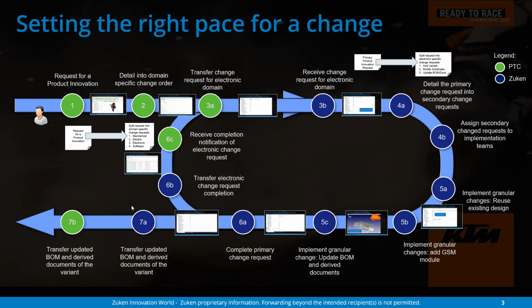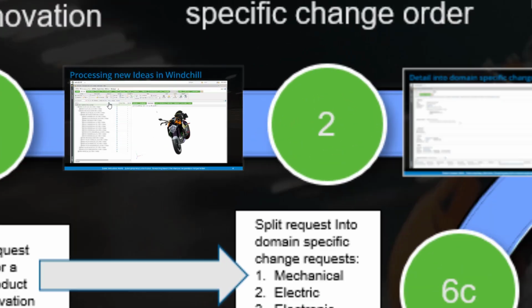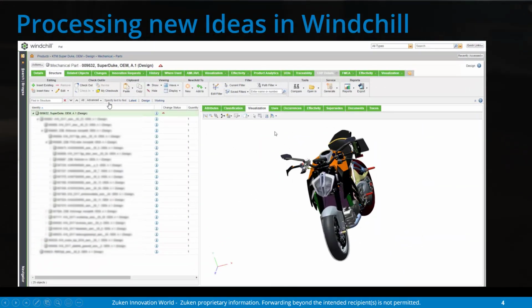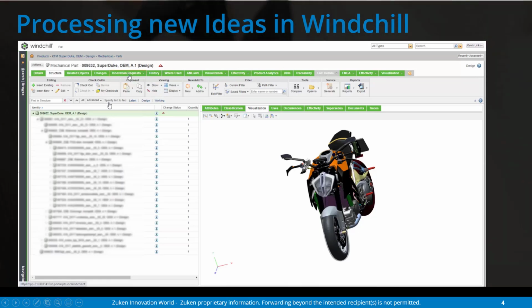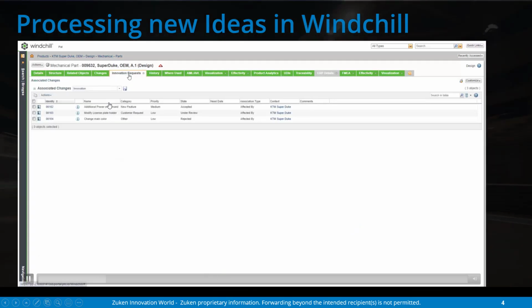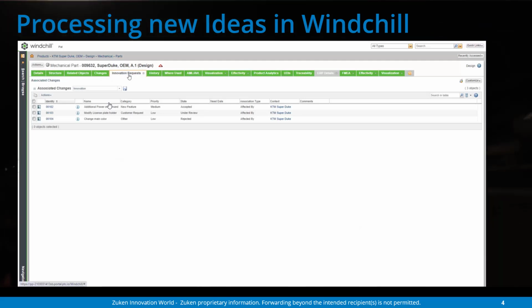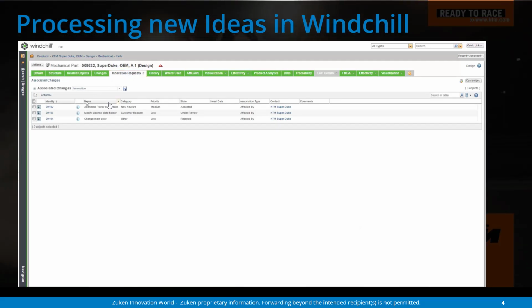So now let's start on our racetrack for the implementation of such an example change that we just described. We will start with a product innovation request, where we used a normal Windchill object to create this kind of innovation request that we want to further proceed. And we can see there are many of them